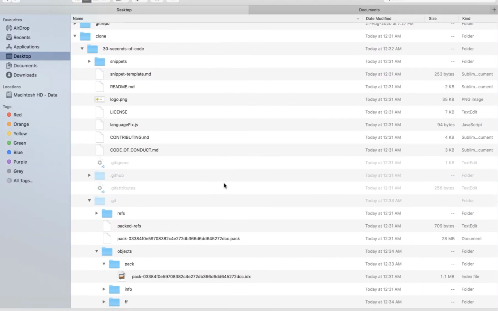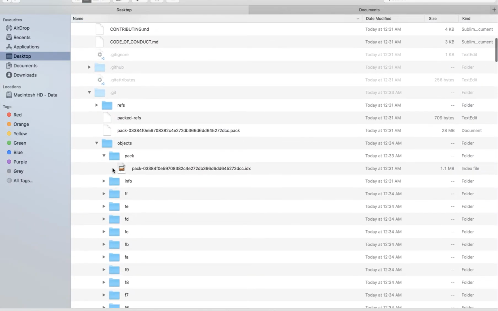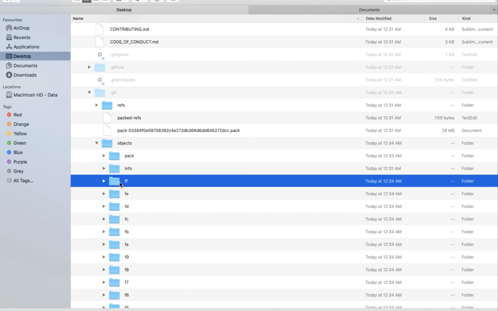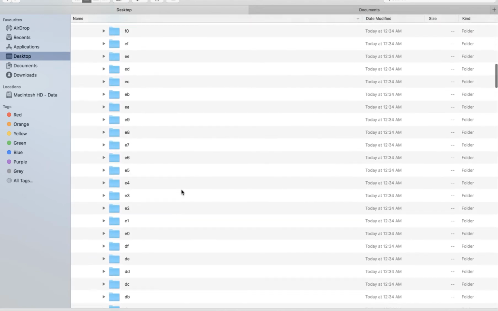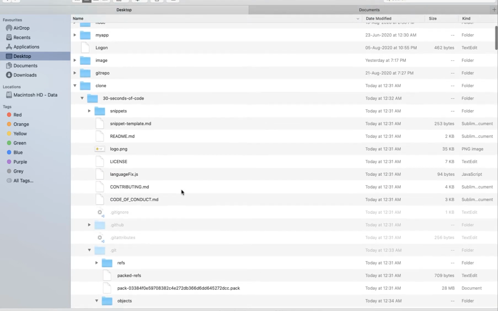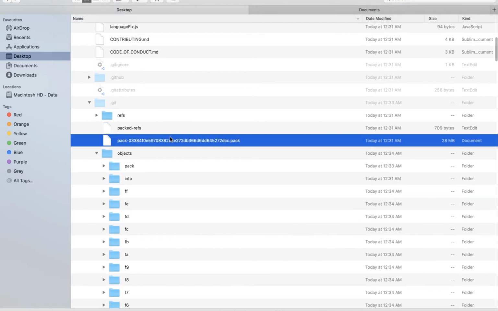So we'll go back to our .git folder. So you can see now in this particular folder there are a lot of folders added for our objects. So these folders are all added now, or rather they have been unpacked from the .pack file. So now we have seen how to unpack the objects, so we can use it for future reference.